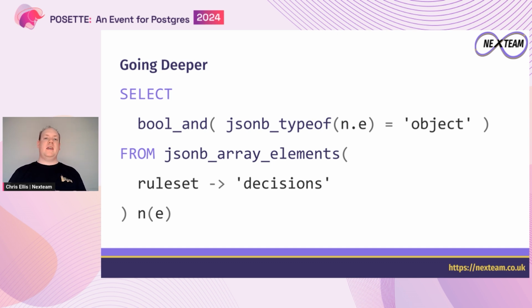So Postgres has something called set returning functions. These are functions that will basically return and generate a table for us, right? Probably the one that everybody knows best is generate_series. But for JSON, we have a whole bunch of these, and we have one called jsonb_array_elements. That's going to take a JSON array value, and it's going to return a row for every element in that array. That's great, in that it has bridged that JSON array back into the SQL world, where we can now use the power of SQL to process it.